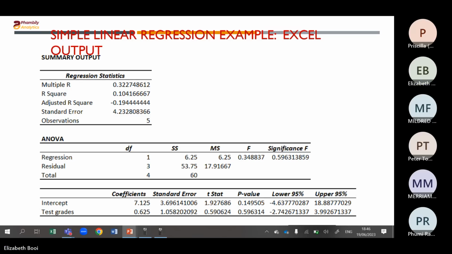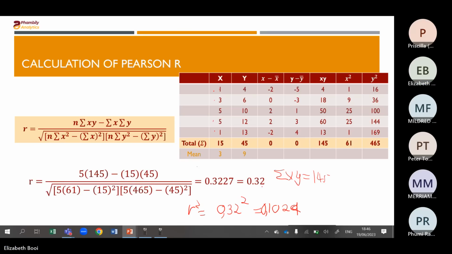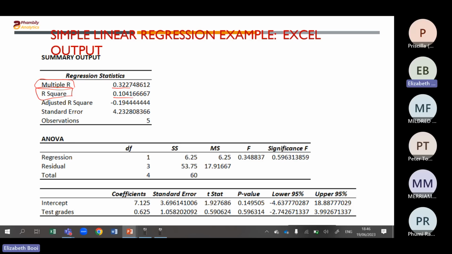Now, on the output from Excel, you will get your R, you will get your R squared. As you can see, those are the values we calculated before, 0.32, and 0.10. And those are the values that we calculated. Okay, now,